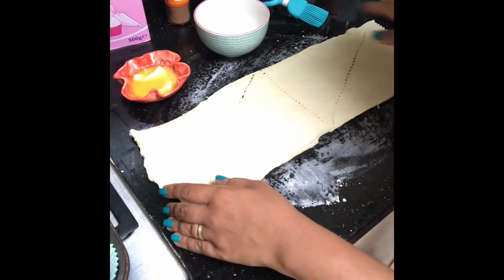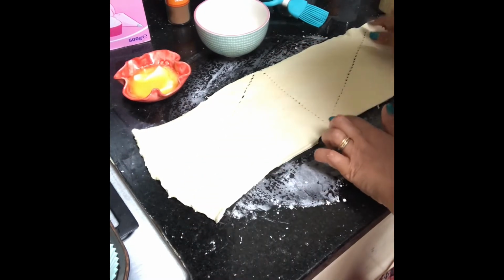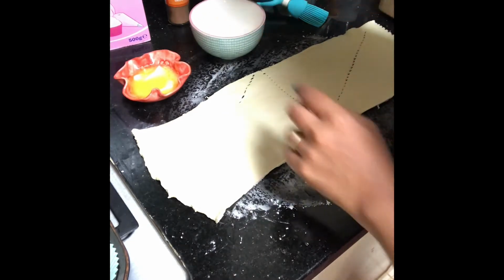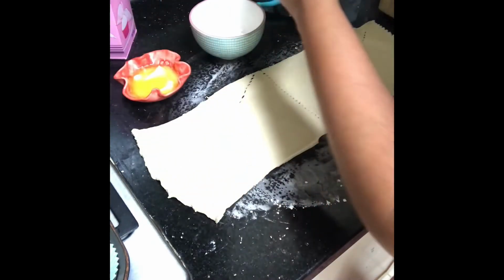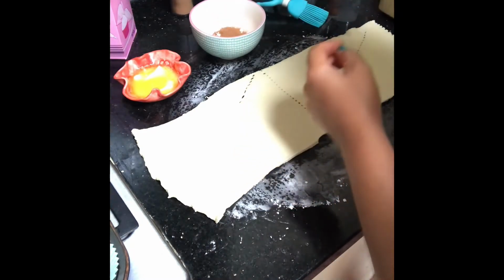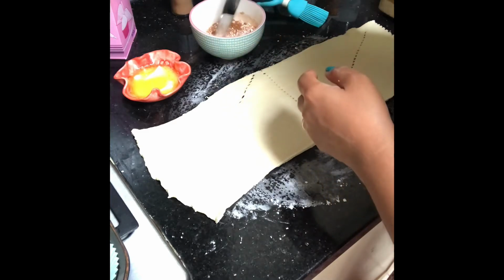Okay, let's get started. Right, so I've unrolled my puff pastry. This is a croissant pastry, so you see it has these perforated lines. We're just going to ignore that. So in a little bowl, I'm going to add a good amount of icing sugar and a good amount of my ground almonds, roughly about equal quantities. I then mix those two together, and that's going to be my flavoring for my